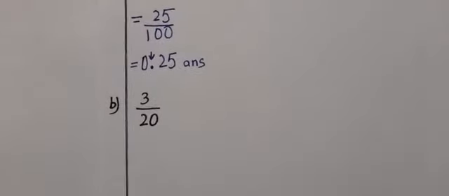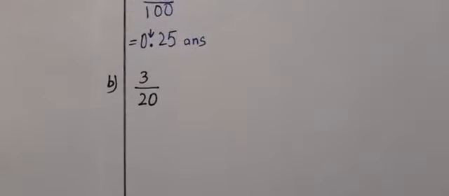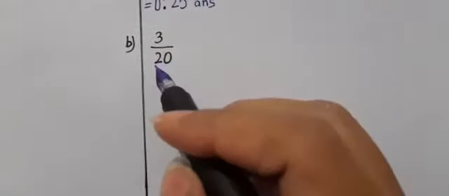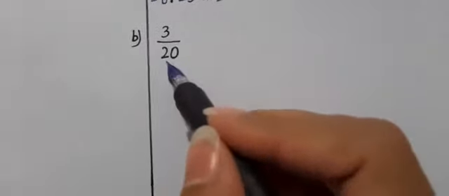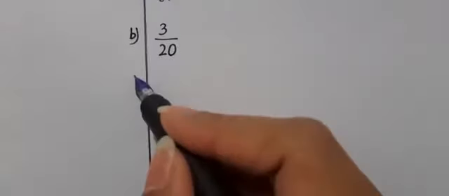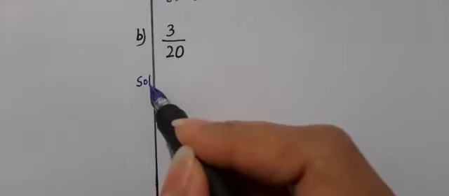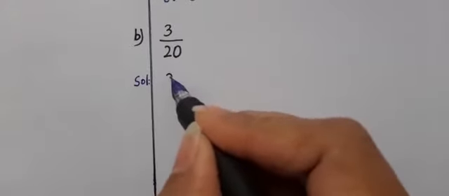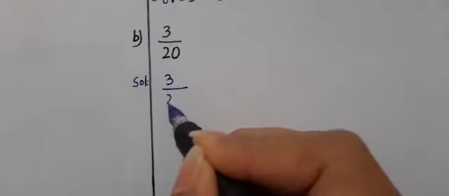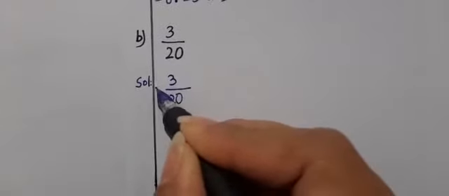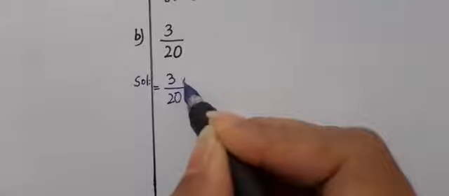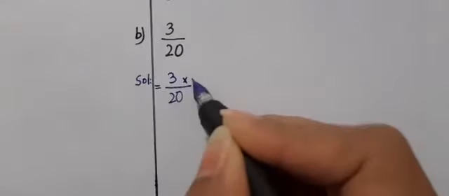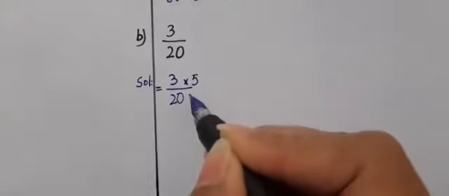Boys, our second sum is 3 by 20. So we have to find out, in the table of 20, does 10 come? No, because 20 ones are 20. Does 100 come? Yes. And when it comes, as 2 fives are 10, so 20 fives are 100. 3 by 20. What I will do, always remember you have to put the equals to sign after this line. So 3 fives are, and 20 fives are.